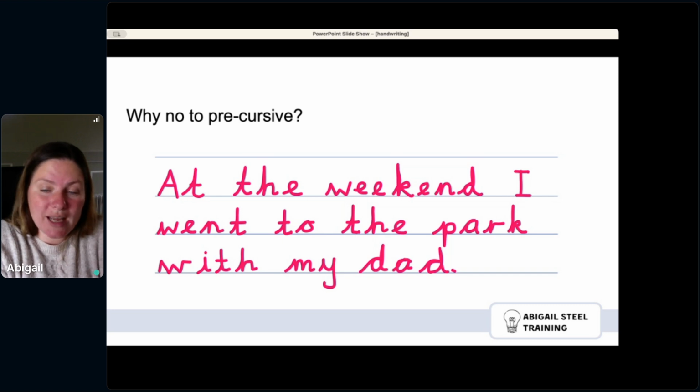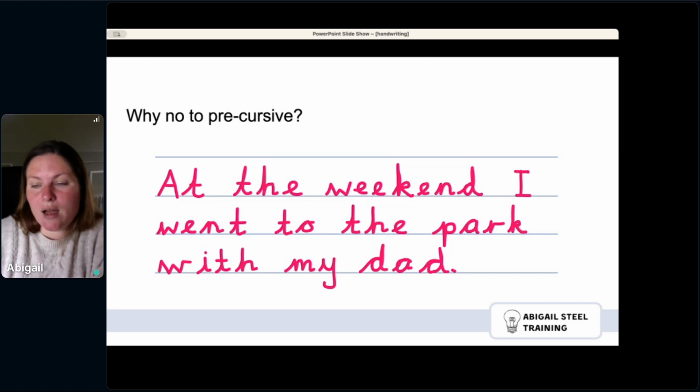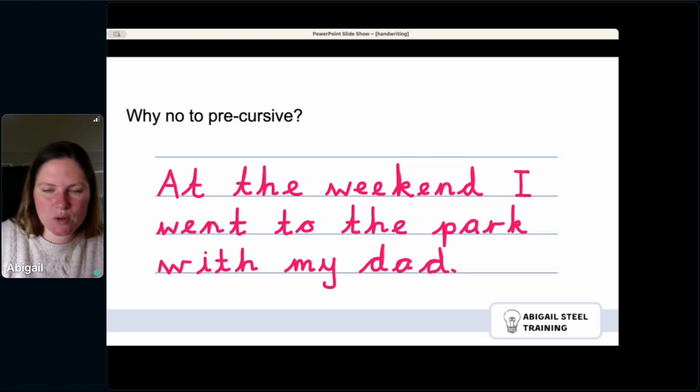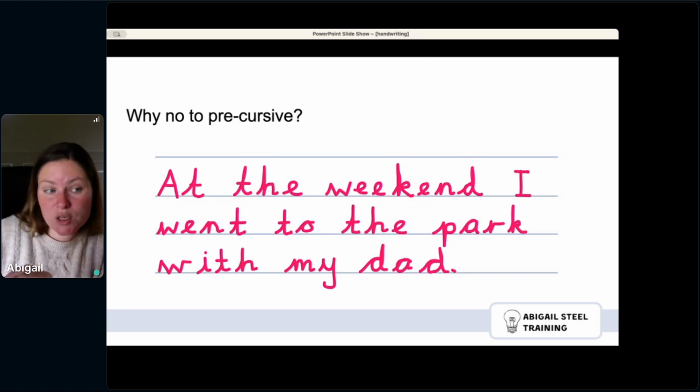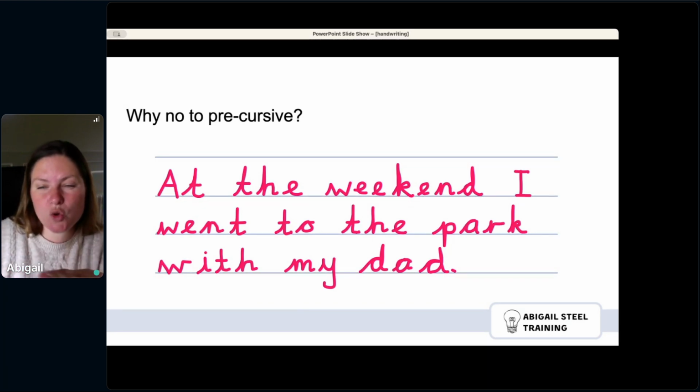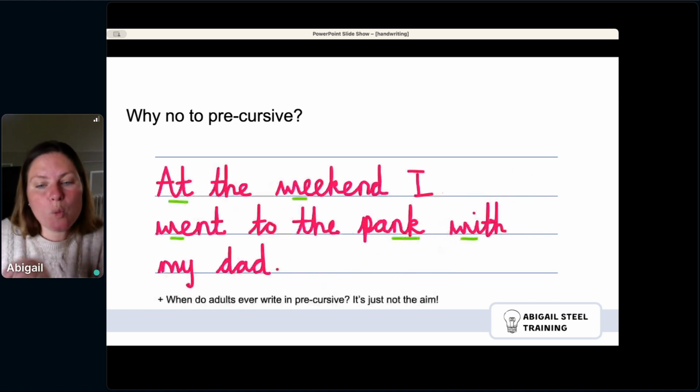And what's happened is, I'll show you on the next slide. So imagine children write like this and they form all these beautiful letters, but nothing's actually joined together, but they're building those habits, those writing habits of where these joins are as they see it here. And we think we're doing a good thing because we're teaching all of those joins and preempting when they're ready to move to cursive. But when they move to cursive, there's often either a bit of a weakness in teaching